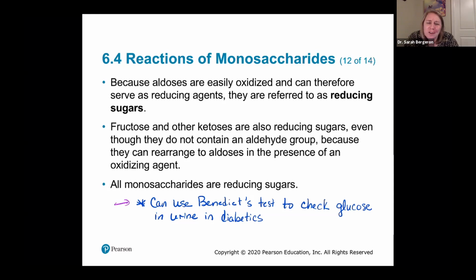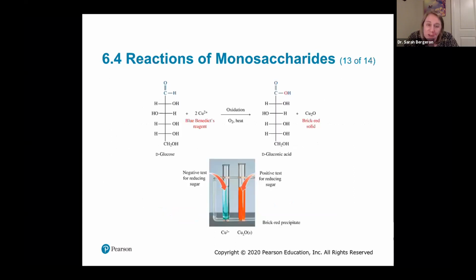Fructose and other ketoses are also reducing sugars, and they don't form exactly the same reaction, right? They don't have an aldehyde group, but they can rearrange into an aldose in the presence of an oxidizing agent. So it's just something that all monosaccharides can do. They're all reducing sugars, and you can check them with the